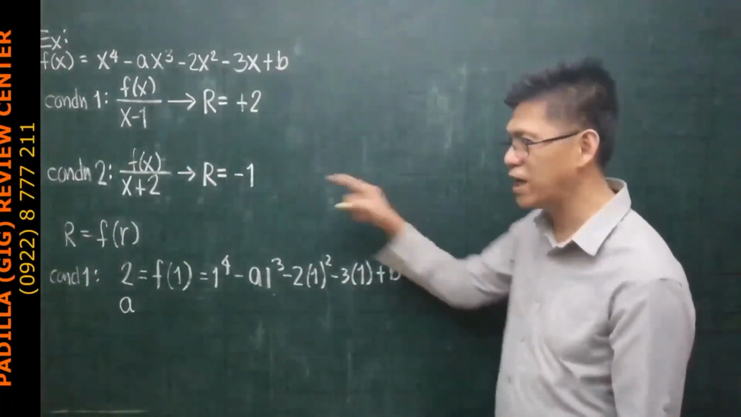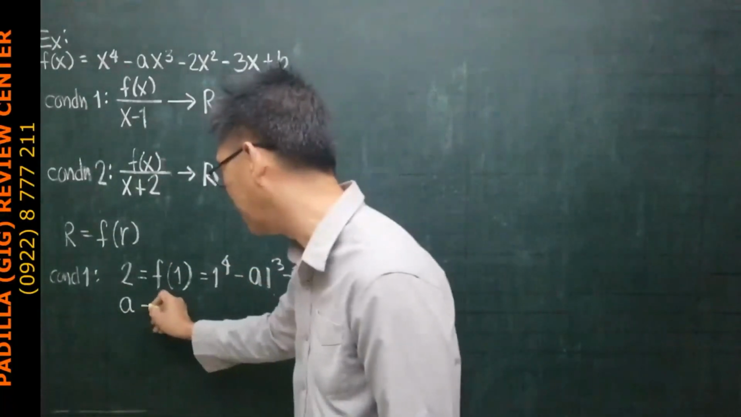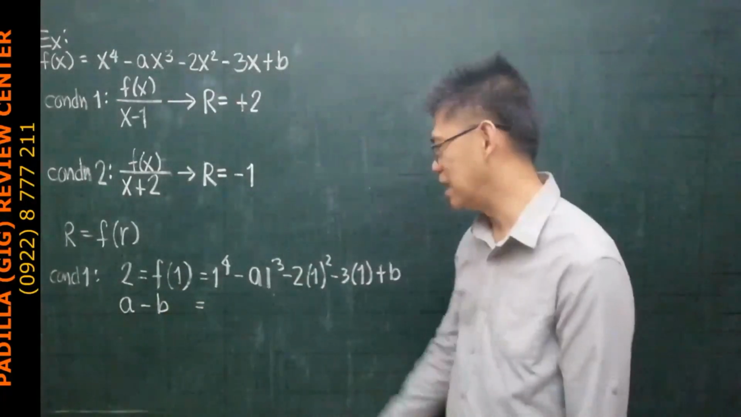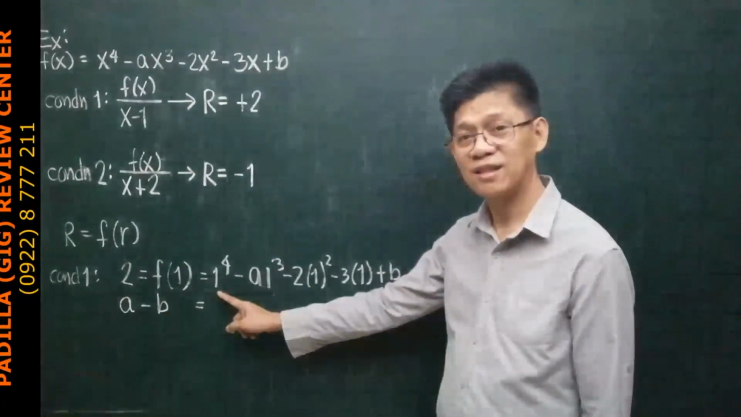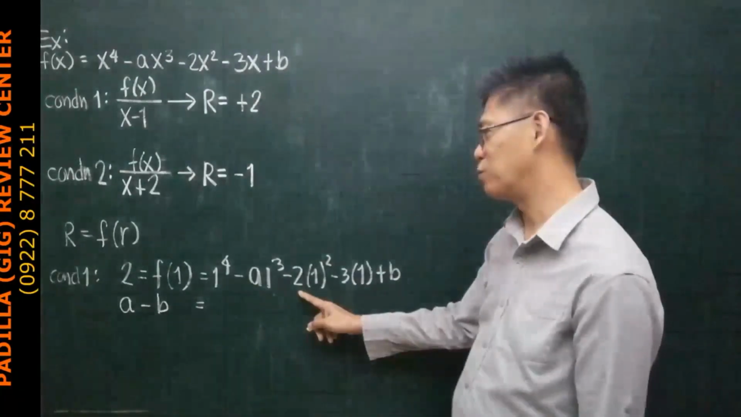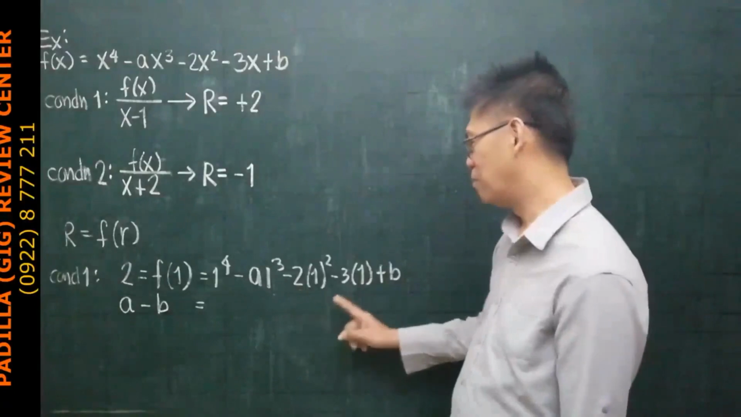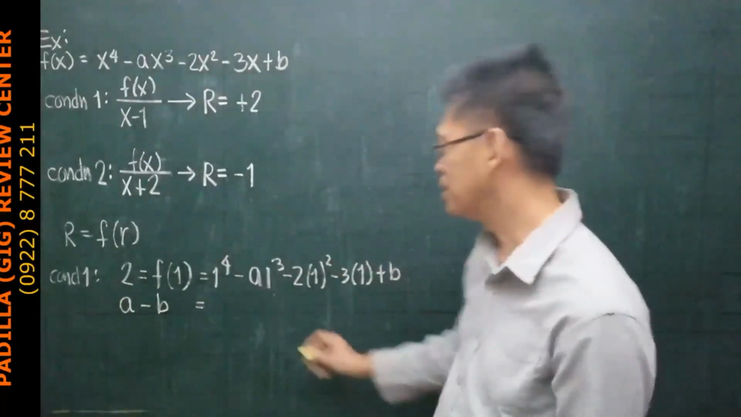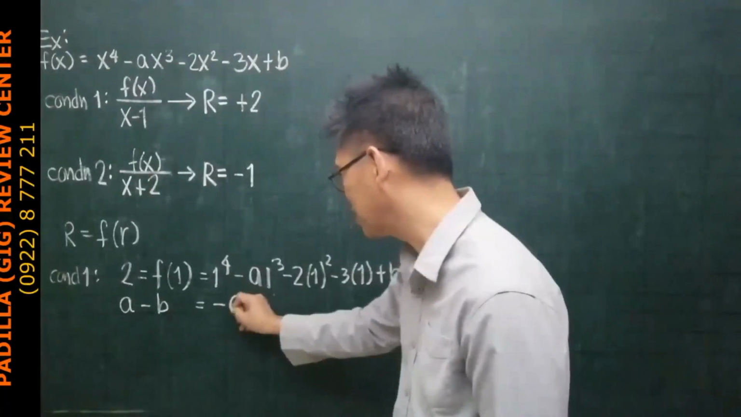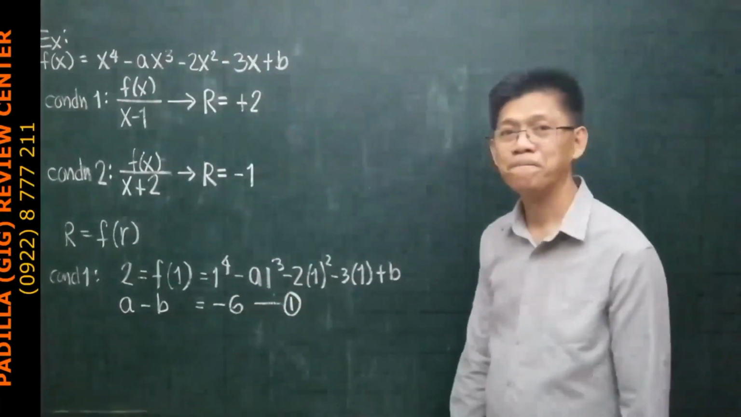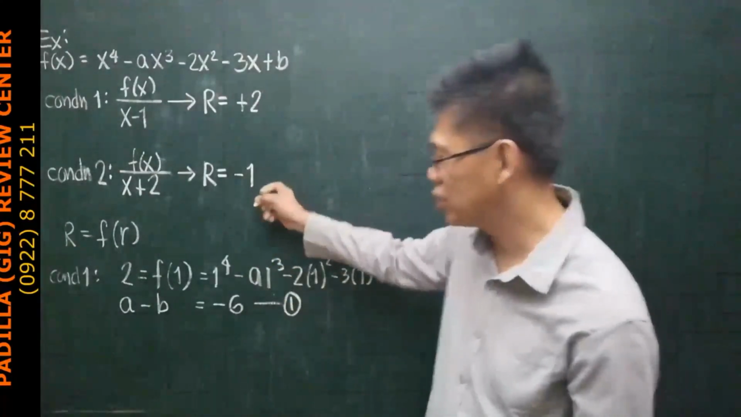Then b to the left, that is minus b, is equal to, this is 1, right? 1 minus 2, that would be minus 1, minus 3, minus 4, minus 2, that would be minus 6. Let me call this equation 1. Now, considering condition 2,